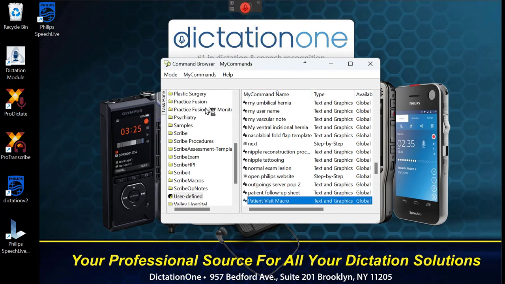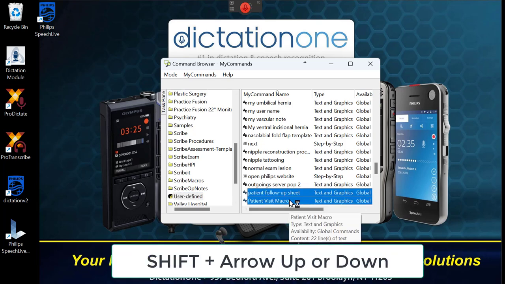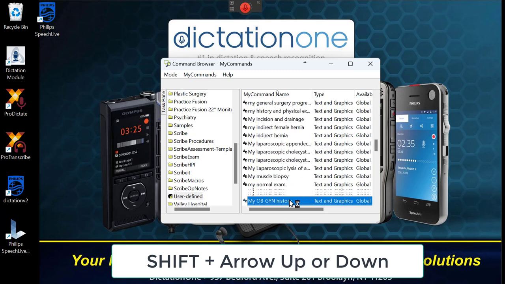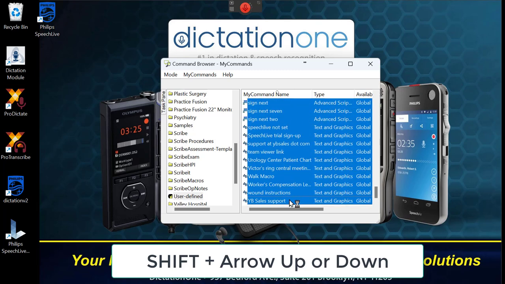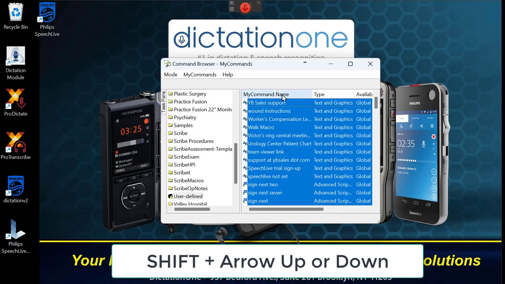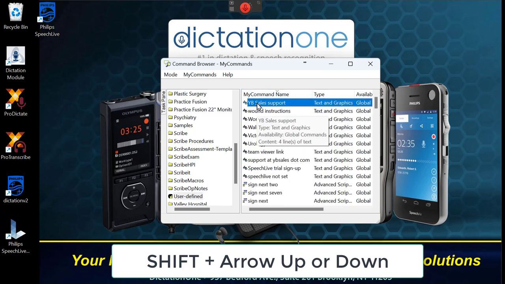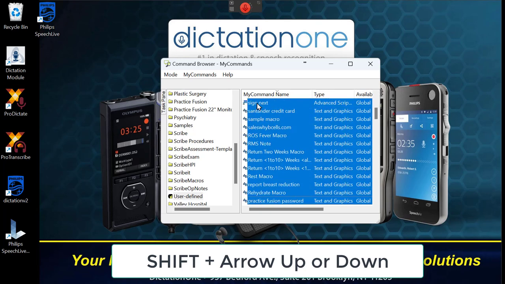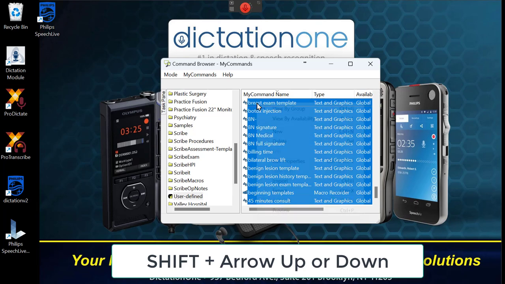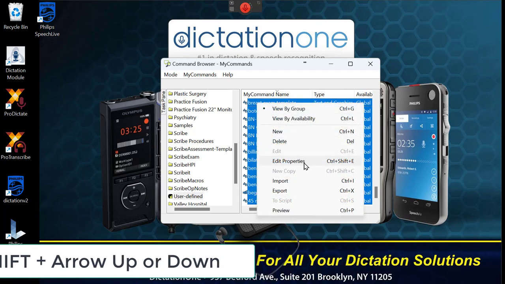Once we have the commands that you want to export, for example, I will select user defined. You can use the shift and arrow button or page up, page down, or it can do the opposite, or go all the way to the top and select everything. Control A doesn't work, and as you see here, it still didn't select everything. So we'll just use the shift and arrow down button, and once I'm ready, I'll do a right click and